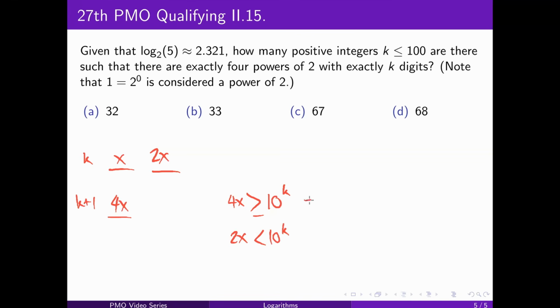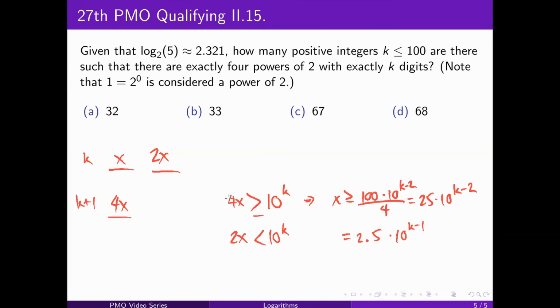But the first one would imply that x, if you divide by 4, must be at least 100 times 10 raised to k minus 2 divided by 4, which we can simplify as 25 times 10 raised to k minus 2, or